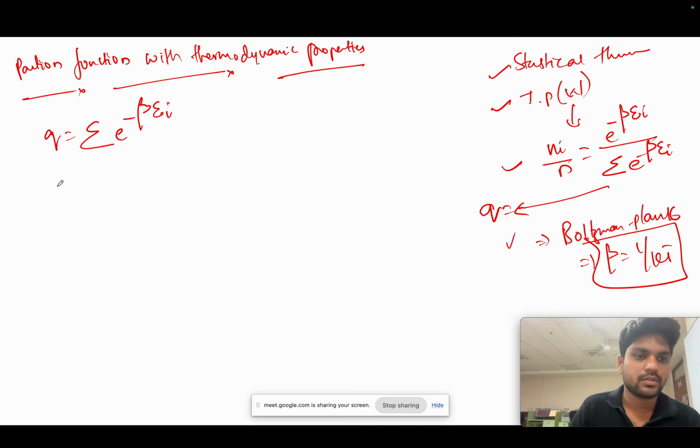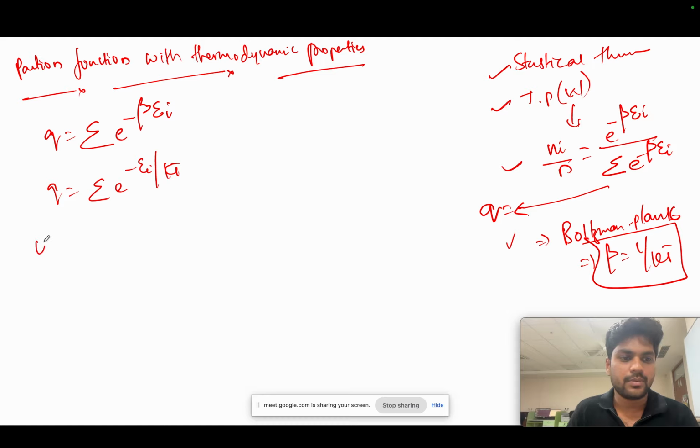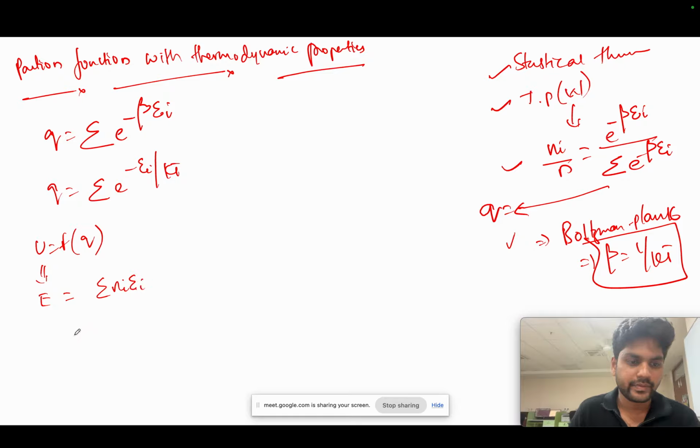This is the formula, which is nothing but 1 by kT. So now if I am writing the internal energy, it's nothing but E